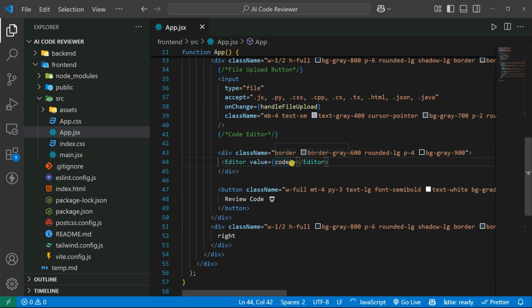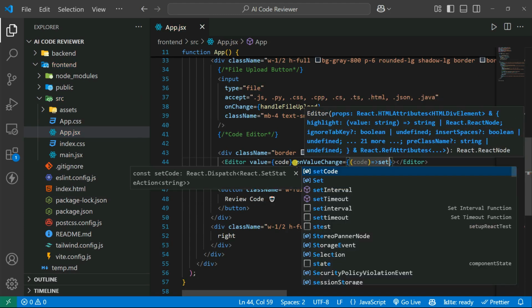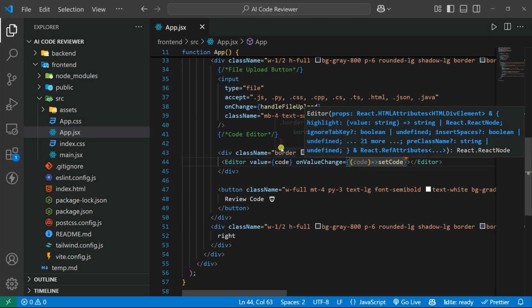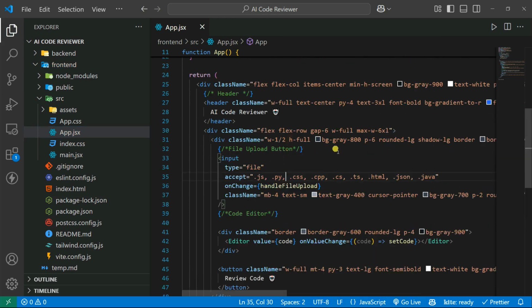So let's try to do the coding part first, then after that we're going to load this out. Okay, so then you're going to give it here the onValueChange. You can pass in here the code itself. So let's say setCode. That's how actually writing the code in our editor will also set it, and as well as